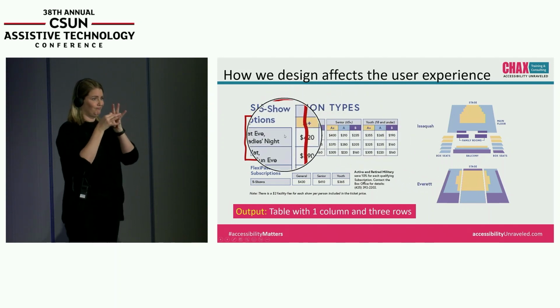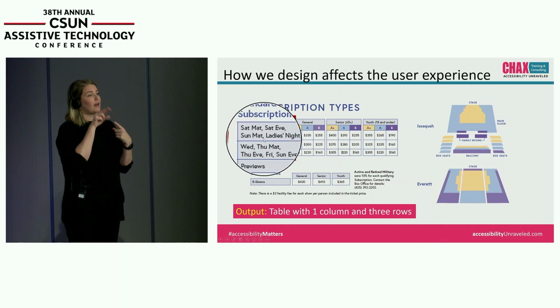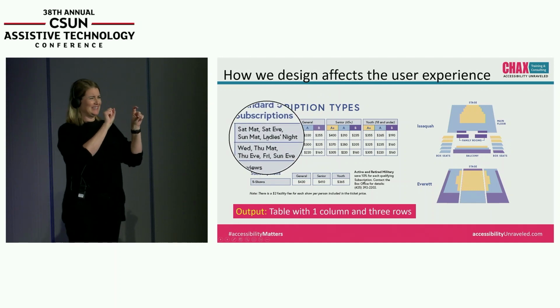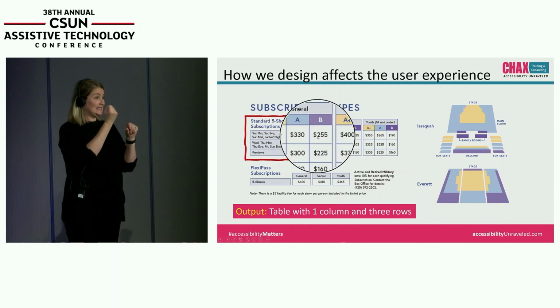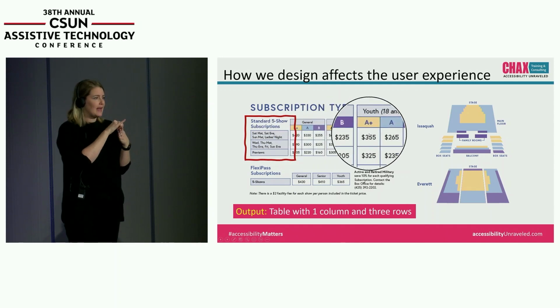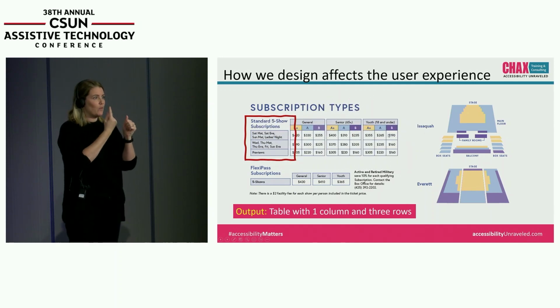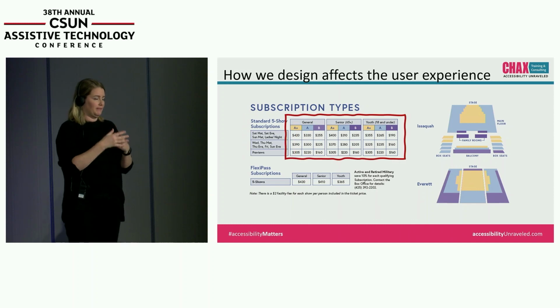When I look at this first row, the Saturday and Sunday, I have no idea that it associates with every one of these rows across the board. Every one of them. So my only recourse is to merge them all into one table. In fact, each of these three just say A plus, A and B. I have no idea what A plus and B are.